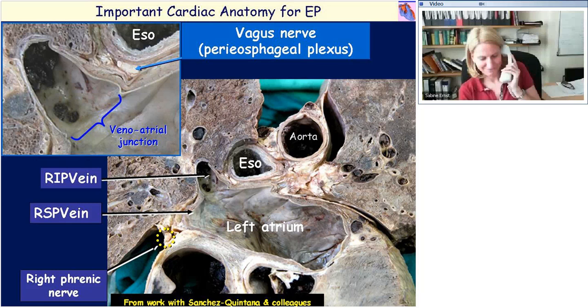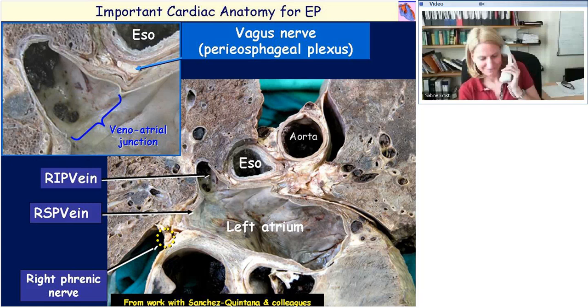Moving on further, we can take a transverse section this time through the heart and the lungs and the esophagus, and we find that the posterior wall of the left atrium is also related to some of the larger vagus branches that form the periesophageal plexus. So here we see quite a large bundle of the periesophageal plexus just behind the fibrous pericardium, in front of the esophagus. Again, a rather close relationship, because damage to this periesophageal plexus may result in delayed gastric